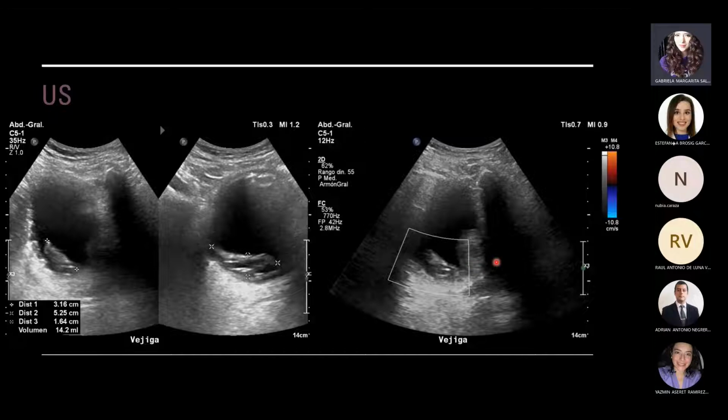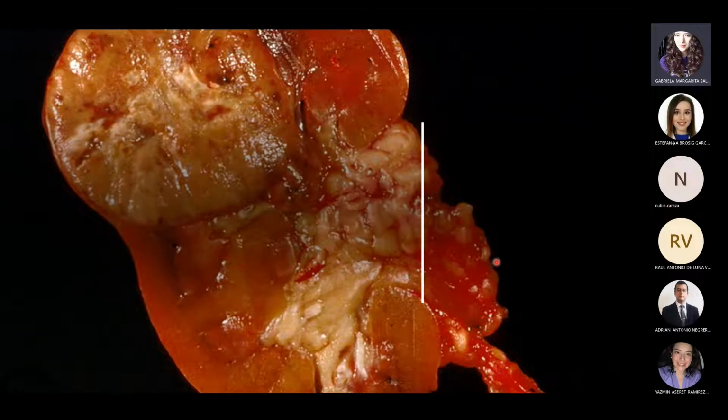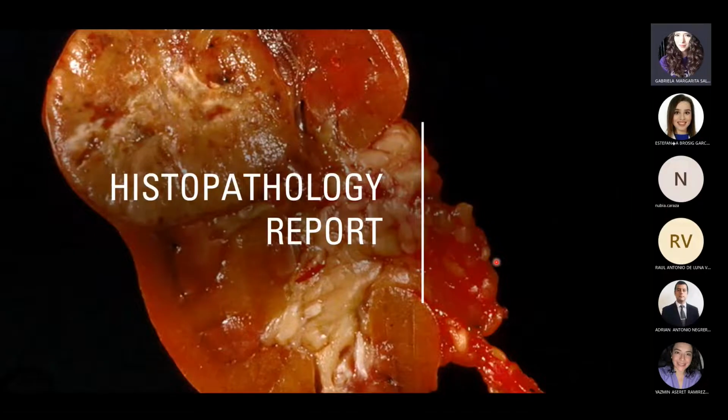Due to the worsening of the patient's clinical condition, it was decided to opt for total nephrectomy, and this was sent for histopathological study, reporting renal cell carcinoma. And with the results obtained by the CT as well as the patient's clinic, we can integrate this case in